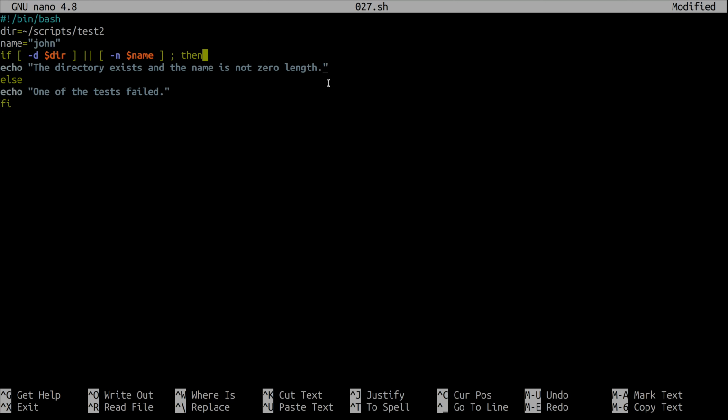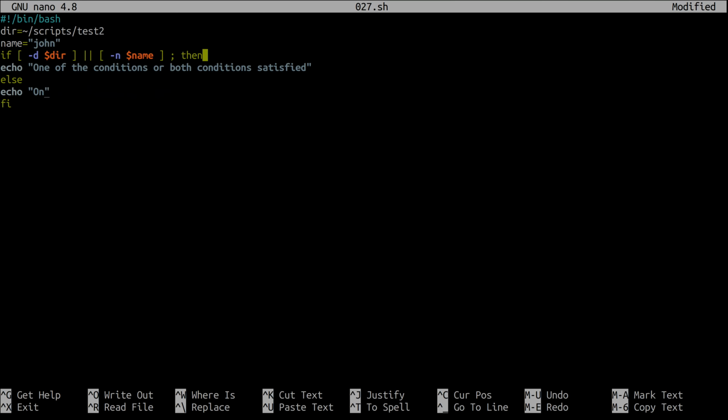So let's change the message a little bit. One of the conditions or both conditions satisfied, because it will execute if one condition satisfied or both, because it's or.